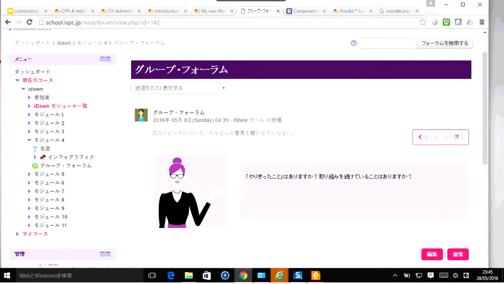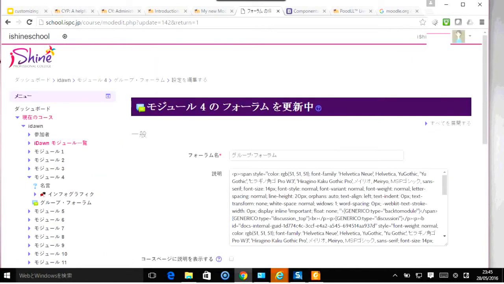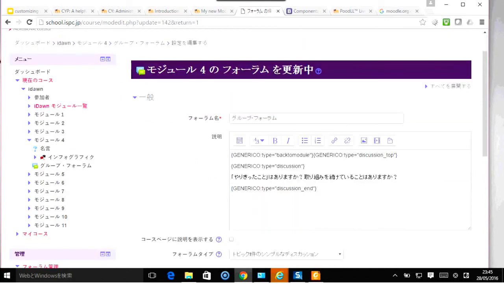And we have these nice buttons here, which are styled. These are actually styled using custom CSS. But if you want to see what this actually looks like in code, if you actually have to go and edit in the HTML area, probably not what you expect. It's simply 3 or 4 Generico tags, and all the styling is drawn from the Generico